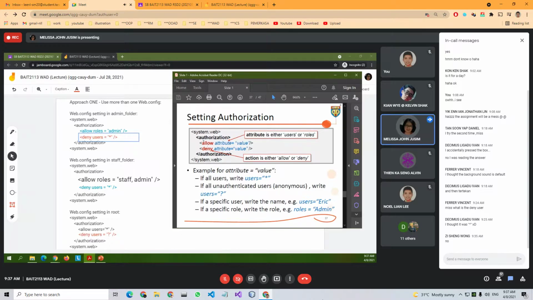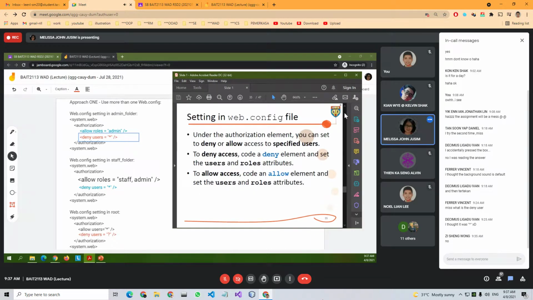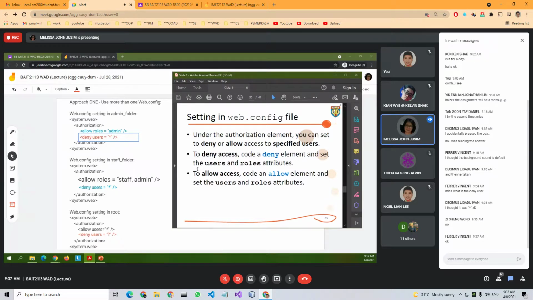So it can either be allow or deny. I think Farah, this one should be clear for you. We can deny access or we can allow access, and then set the users or roles accordingly.